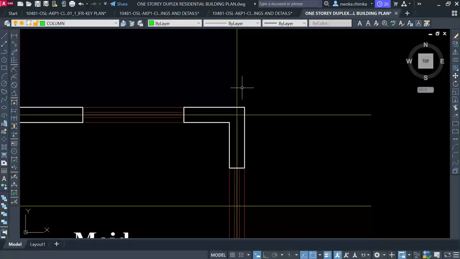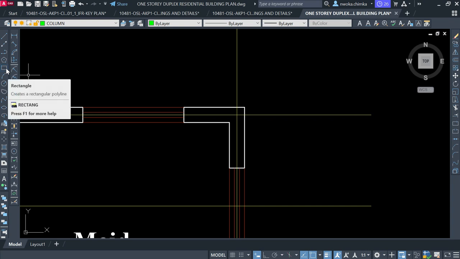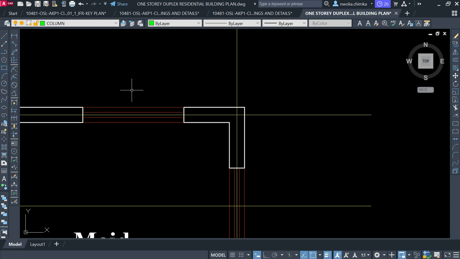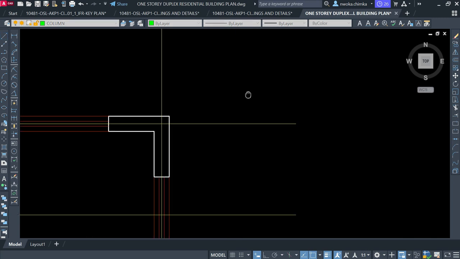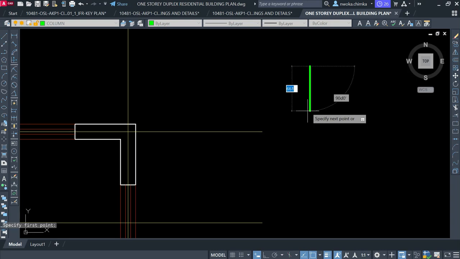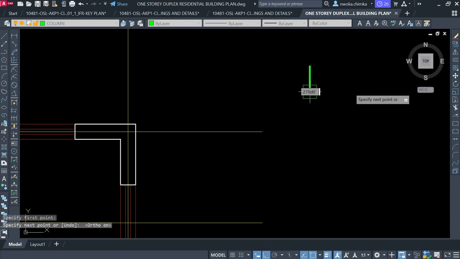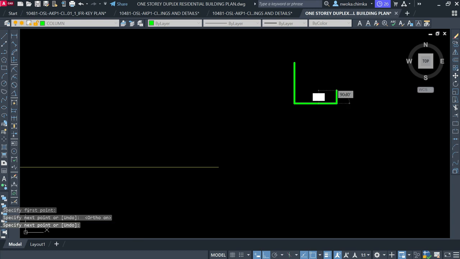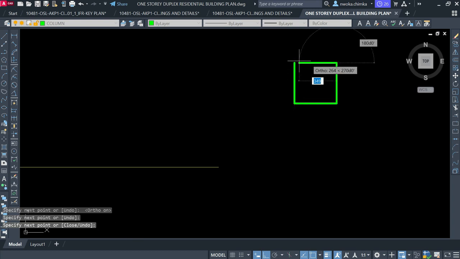So to place my first column, what I do is click on rectangle. Always use rectangle when you're placing a column, else it will not show on the software. If you use a line and form your column like this, something of this nature,